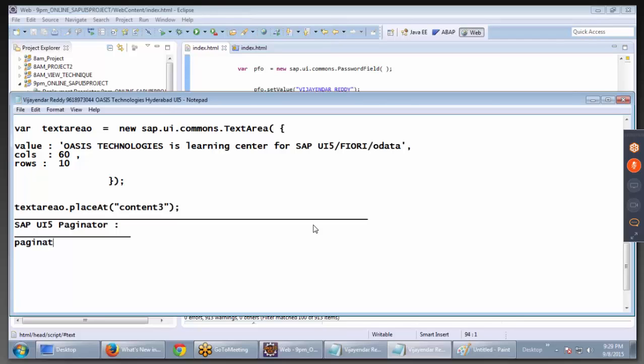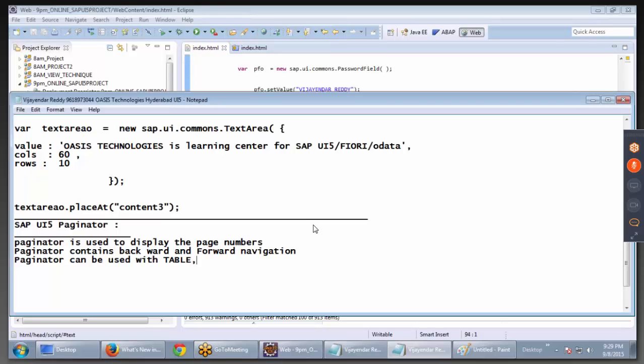Paginator is used to display the page numbers, and paginator contains backward and forward navigation, and paginator can be used